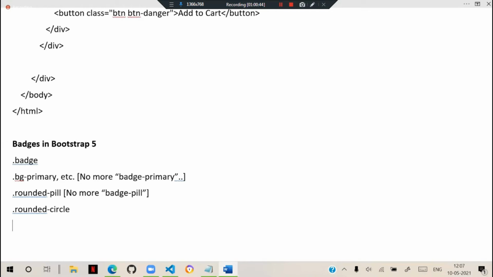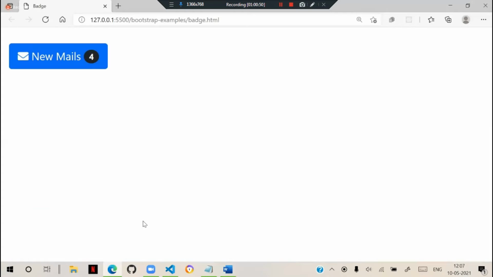Very important now: if you want to keep the badge at the right side top corner, tell me how to do that. What attributes do I need to add extra?